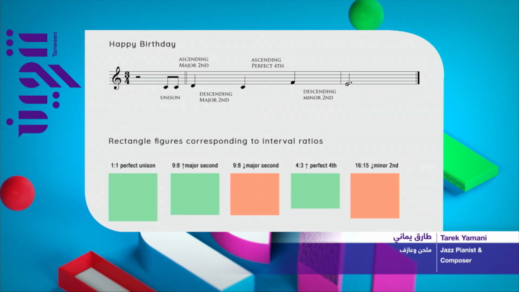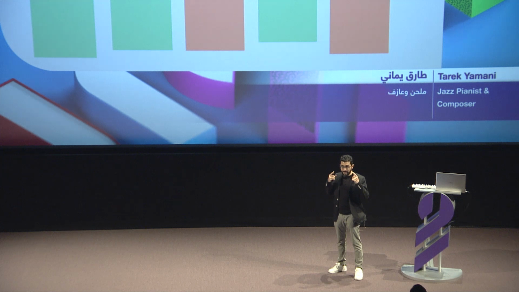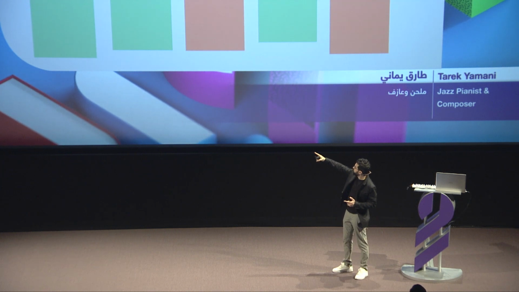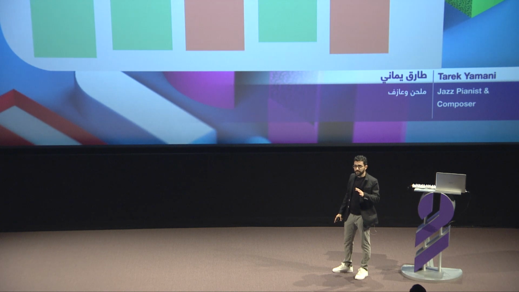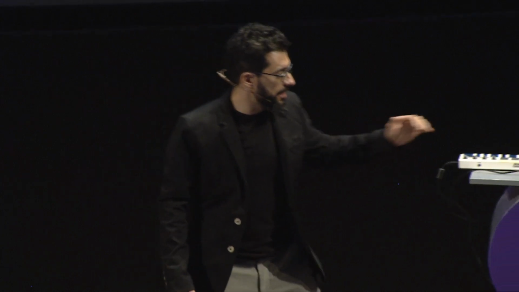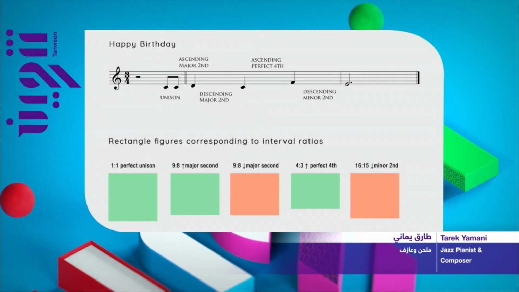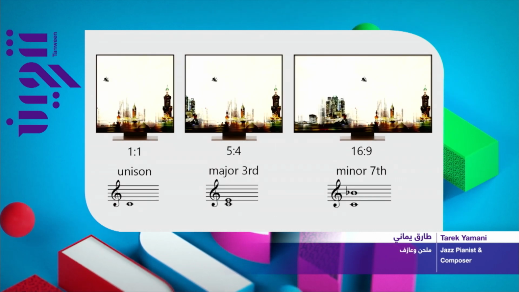There are people who probably have difficulties, maybe because they have a different brain circuitry that is wired in a way that they have a problem reading letters maybe, but they are very, very good at visuals and at colors and at shapes. So we could actually write music for these people, so we can train them to see rectangles, and then they can actually directly hear the sound. So this would be Happy Birthday in rectangles, and the difference in colors means that green is go up and orange is go down. So this is like a method of composing music.